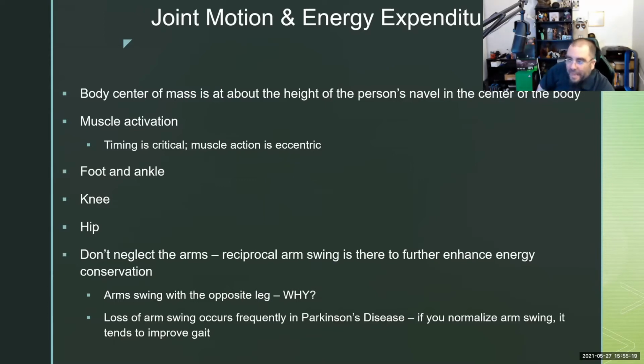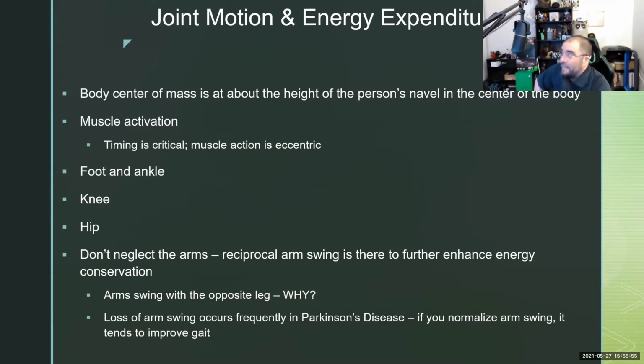So then that also begs the question, if a patient has something like crutches or a walker, are they going to use more energy walking? Yeah, right? Because they're not able to do that reciprocal arm swing anymore. So now the only way they can conserve energy is with their legs. So how do they do it? They take shorter steps. And then they're like, well, I'm conserving energy because I'm taking shorter steps, but now it takes more steps to get places. So they've used more energy in the long run, right? So arm swing is really important.